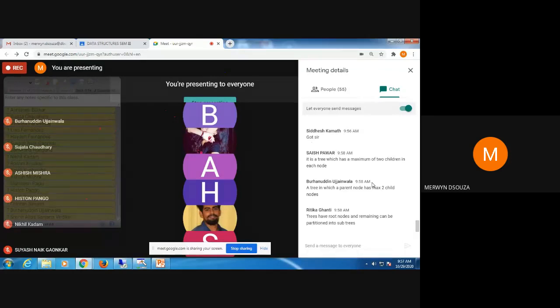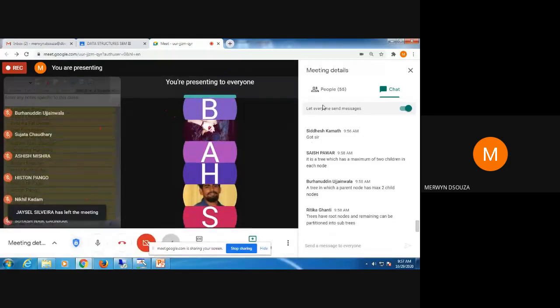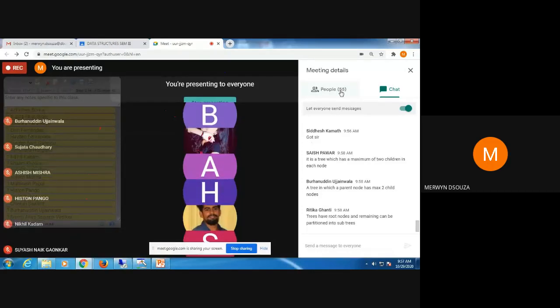Okay. So basically, the main thing that you have to remember is it can have maximum 2 children, or the children could be empty also. Means each node could have no children also. So it will be a leaf node, or maximum it could have 2 children. Okay. More than that is not allowed. If more than that are present, then it's not a binary tree. It could be some other tree. Okay.